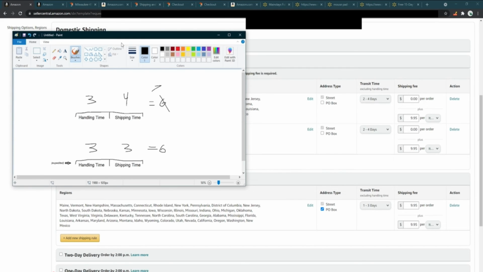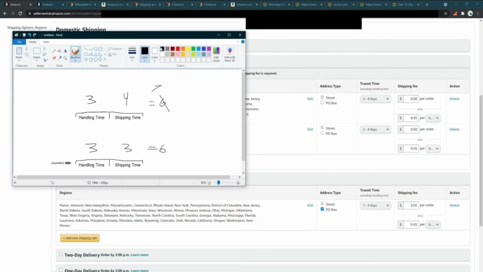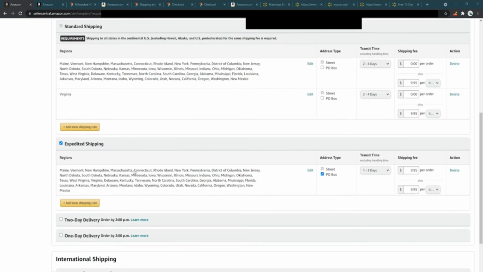And then for our standard shipping, if people don't want to pay extra, then handling time's 3 days and then our shipping is 4, which just gives us an extra day of wiggle room. But basically what we're doing is we're selling our 1 day of wiggle room here for $10. So probably worth it as long as you're filling most of your orders right away, which is what you should be doing anyway. Then it's just kind of an easy way to make an extra like $10 per sale for some people because some people will pay for